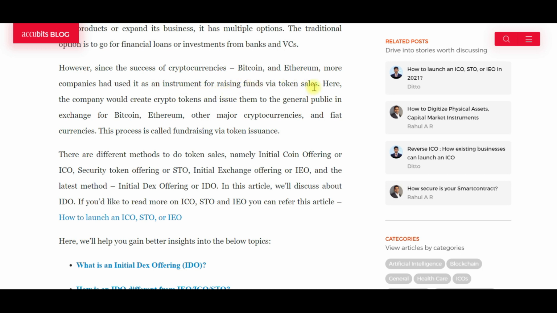Basically, the project states on their website that, say, my project XYZ is going to start at a price of maybe 2 cents, so you can buy as much as possible with your Ethereum. You give me your major cryptocurrencies while I give you my token. That was what ICOs were all about, and it is done on the website of the issuer, the people running the project.